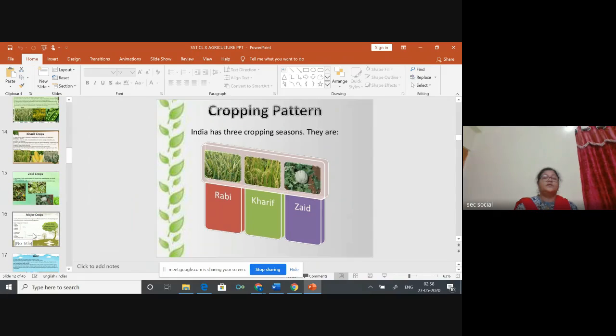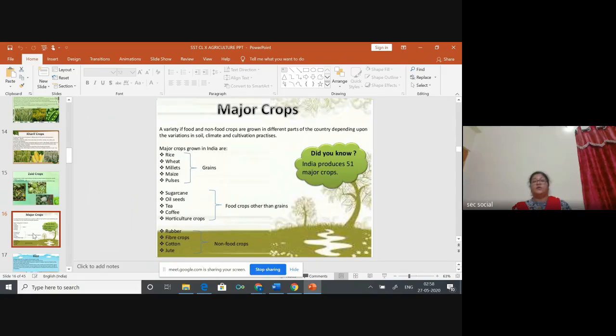So coming to the major crops. What are the major crops grown in India? We have food crops and non-food crops. And a variety of food and non-food crops are grown in different parts of the country depending upon the variations in soil, climate and cultivation practices. So children, what are the major crops grown in India? They are